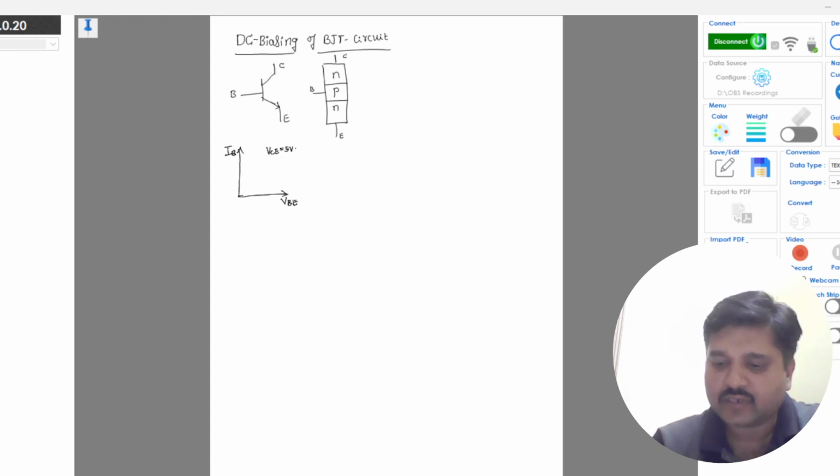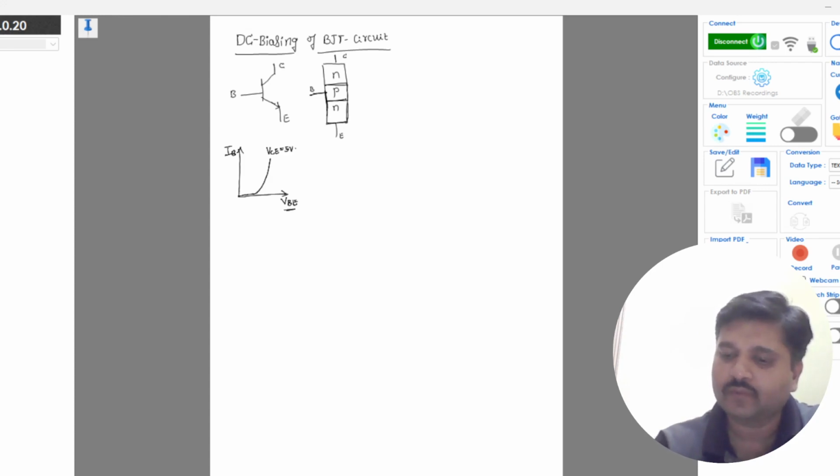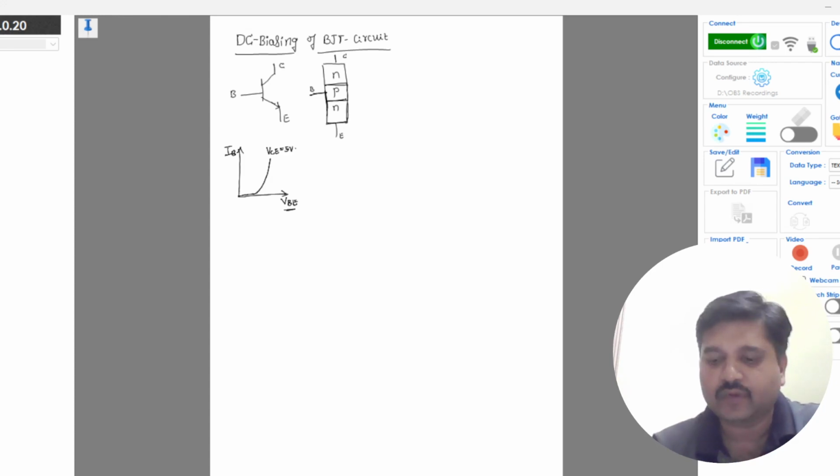The input characteristics will be something like this, which is similar to the diode characteristics of a PN junction, because we are giving the input to the base terminal and observing the base current. So this will be the input current and this is the minimum voltage, which is the threshold voltage to turn